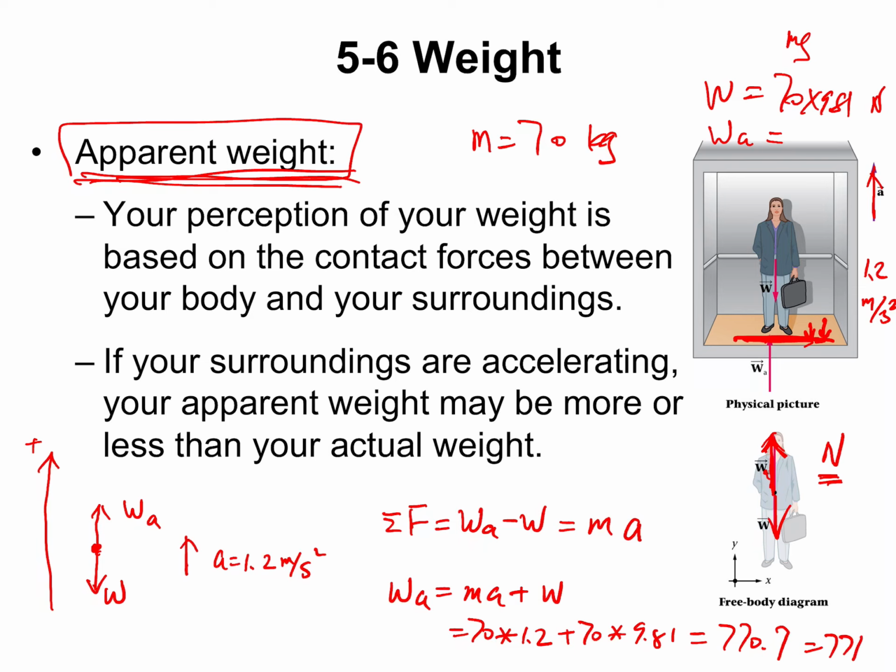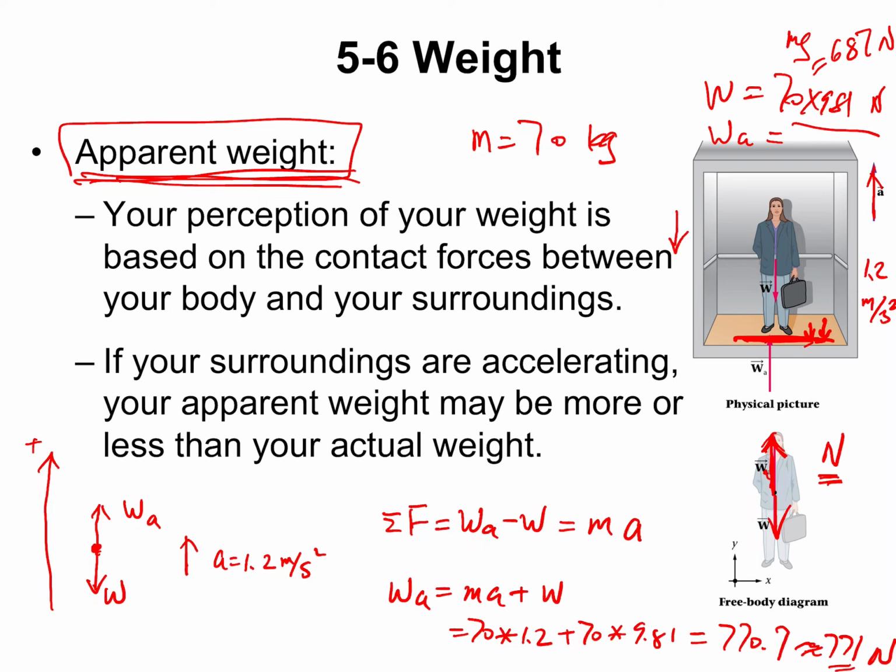Using three significant figures, that equals 771 Newtons. And what is your weight? Your weight is 70 times 9.81, which equals 687 Newtons, approximately three significant figures. In homework, you just keep three significant figures. So that is your apparent weight. What if this acceleration, this elevator